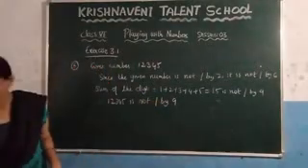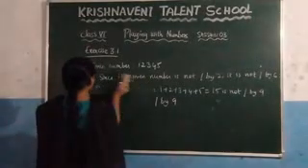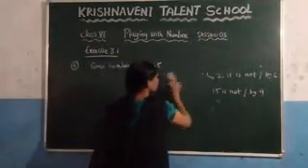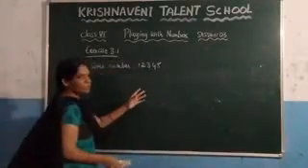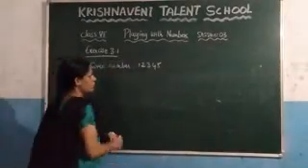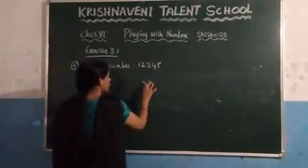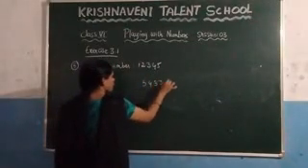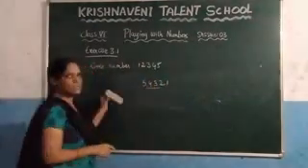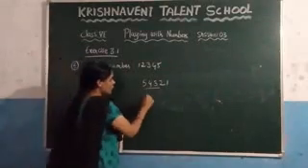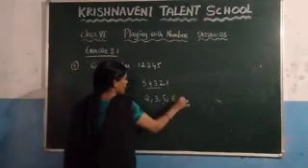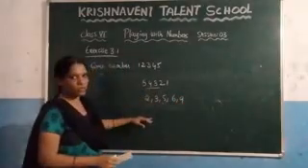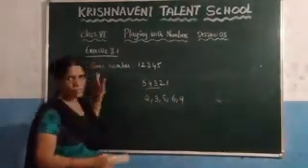Now here, if you reverse this number, what will you get? Reverse number means just you need to write from the right to the left. What will you get here? 5, 4, 3, 2, 1. Now you need to take this number and check whether it is divisible by 2, 3, 5, 6 and 9. This one you can do as homework. This problem is completed.